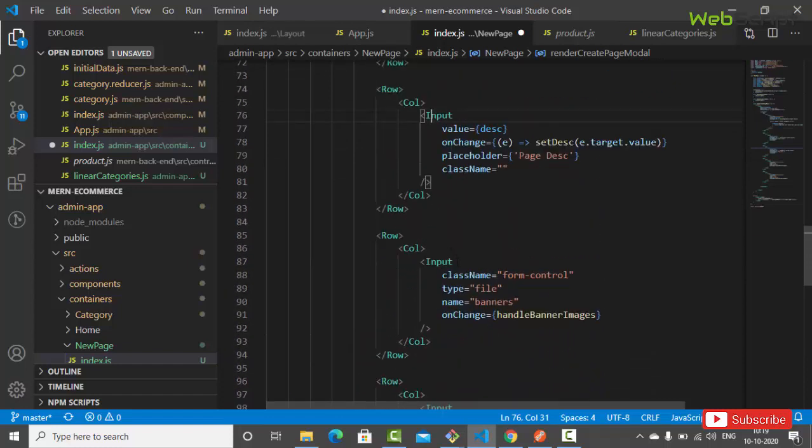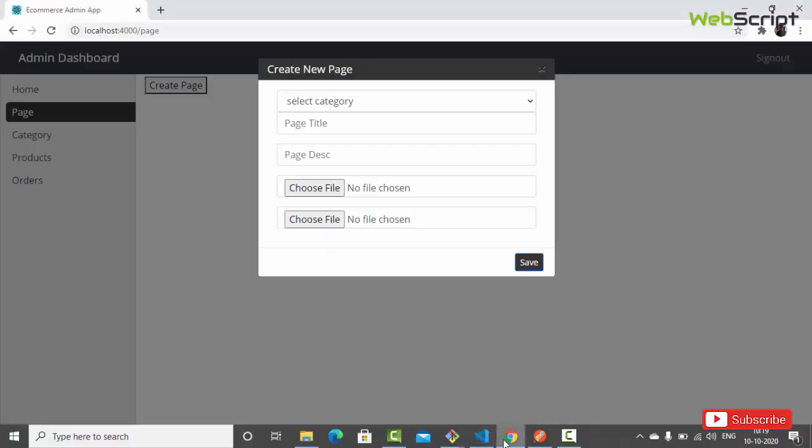So you can see the difference right now in the modal. I have spacing around the inputs, right? And the first one is not the generic input. This is just a normal HTML select and we haven't given any space. So we will create some generic inputs, like select input or file input, different types of input, in future videos. In this video we are going to create the page API